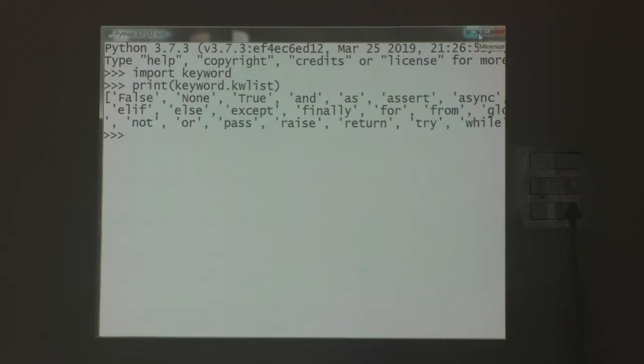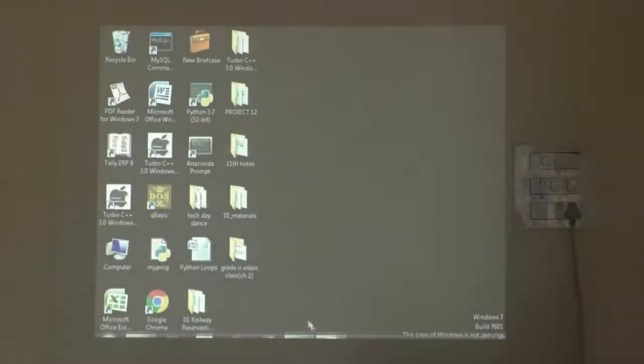So keyword is nothing but a special word. Otherwise we can say it's a built-in word or predefined word. So we will use these keywords when we are writing a Python program. Okay. The next one is